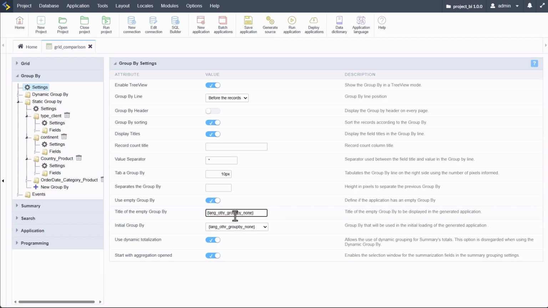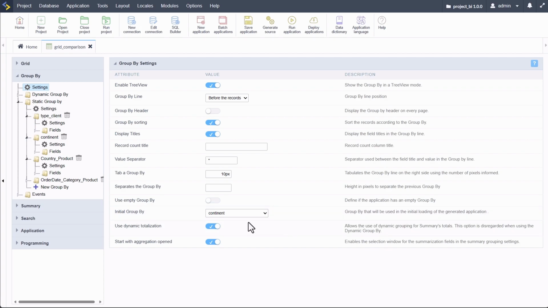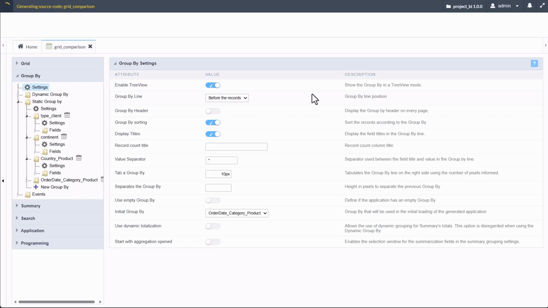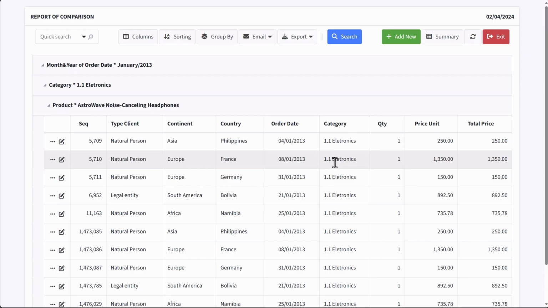Alternatively, of course, we can set that not to use an empty group by and use the group by that we want to use. Okay, so with those, we also have here the dynamic totalization of our summaries. That is handy, and you can disable that if you want to, as well as start with aggregated open. And I will disable both of those. We can go ahead and run the grid application again, and you'll see, it's just made minor adjustments to the view of our data